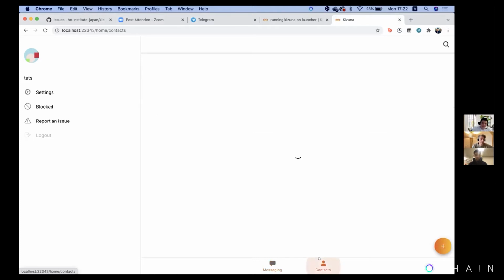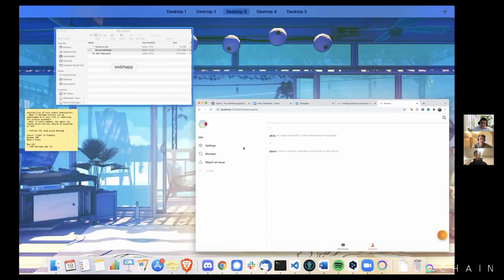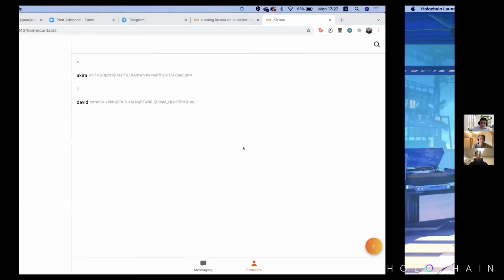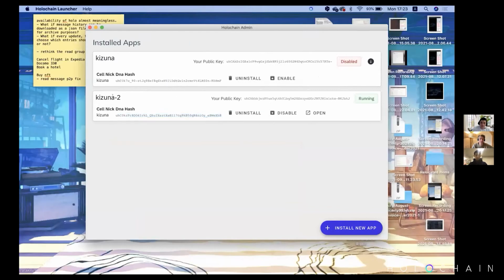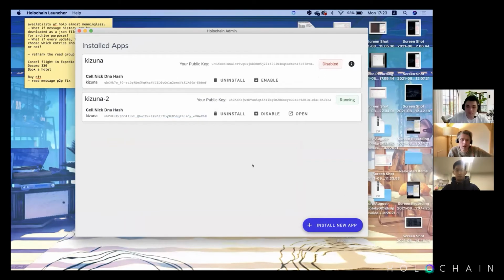So as you know, we're running things in Holochain launcher. Here I have installed this second Kizuna web app. This is the one we're running right now. And you could just click the install new app and,